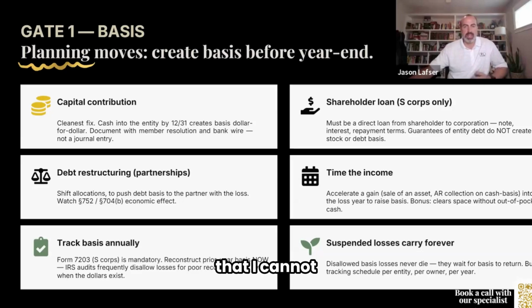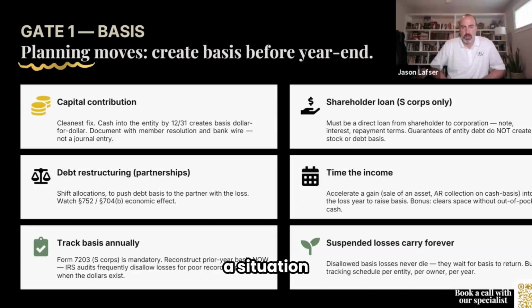One other thing to mention, if you are in a situation where you get limited, so hey, I've got a loss that I cannot deduct this year because of a basis limitation, what happens then? Those losses will carry forward and they never die. The only way that they would potentially die would be if the company shuts down and you don't have basis, and then those losses just essentially don't get used. And so that's a situation where, again, it takes some planning.